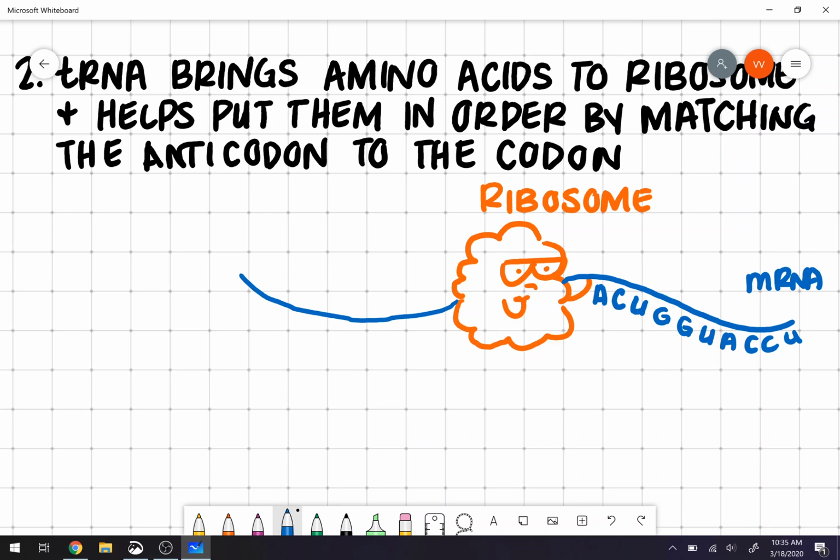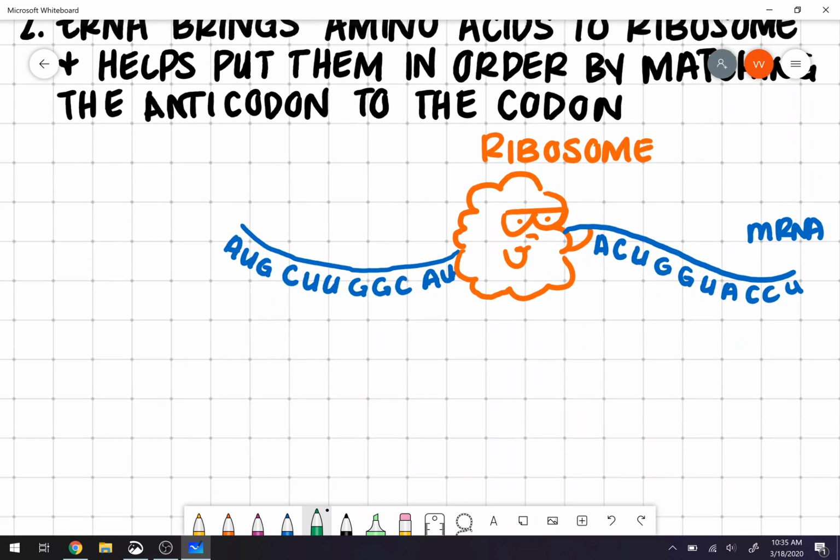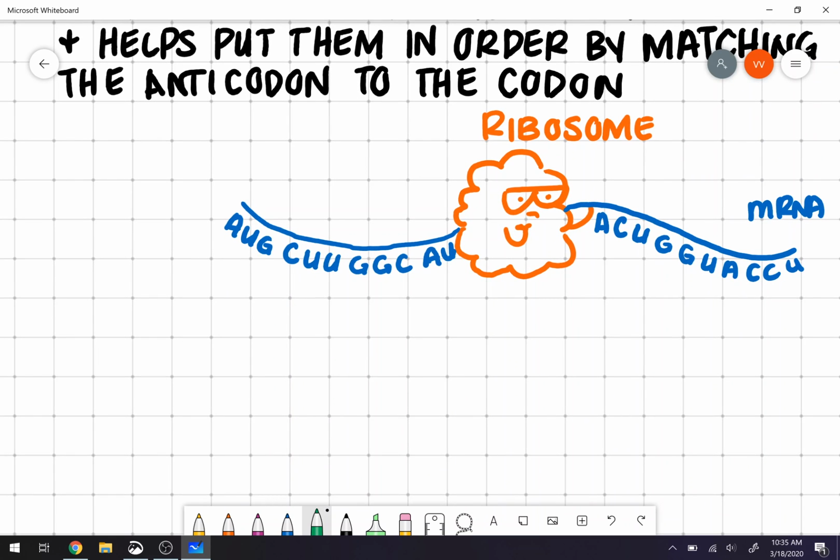And as it's reading the code, your transfer RNA, the little messengers, each transfer RNA is going to carry